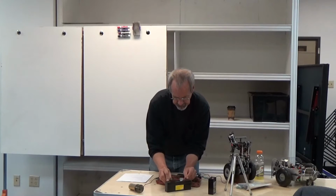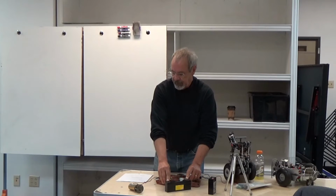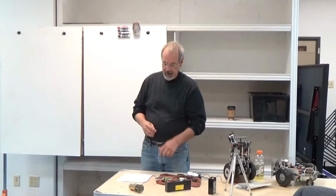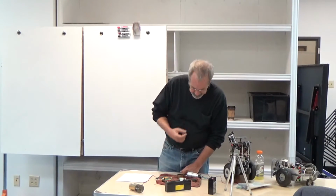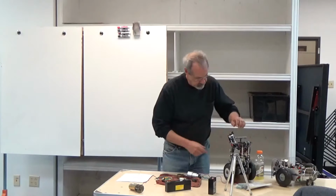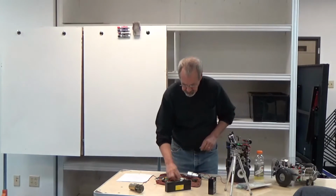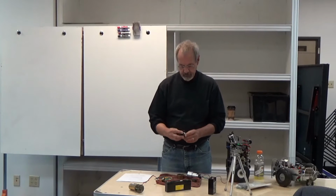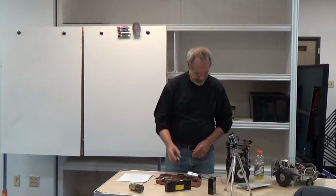You look up the specs, they'll say, oh, this one's 83% efficient or 72% efficient or something like that, which means that part of that current you're driving in is used to drive the gear train itself. So you're losing a little bit just by driving the gear train to the output shaft. These that I use on the balancing robot here have a 60-to-1, is that right? Yeah, 60.5 to 1 gear ratio,